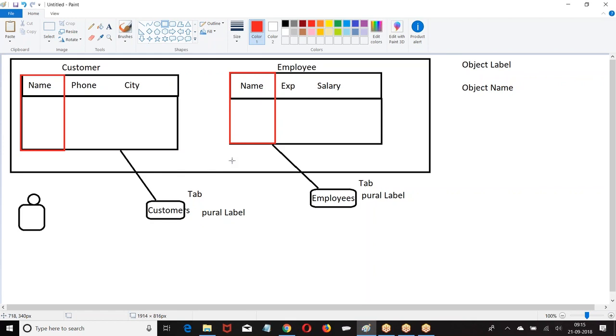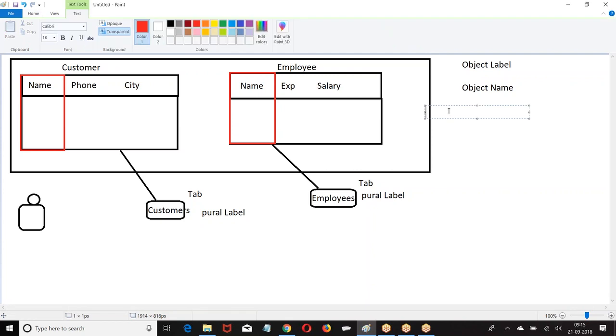Next question. What type of data can be stored in this field? Can I store a number? Can I store a date? Can I store a true or false? Can I store a string? What type of data can be stored in this field? Then they say, boss, in the name field, you can store two types of values. Text and auto number.